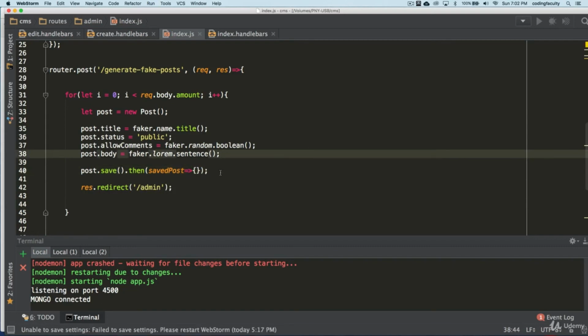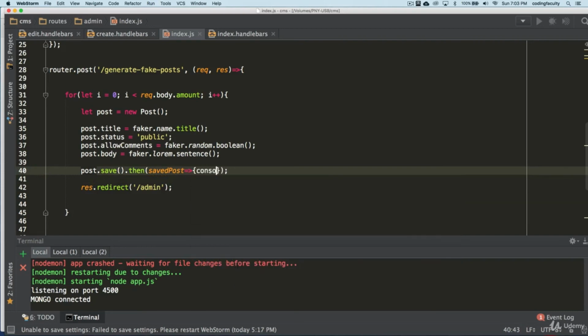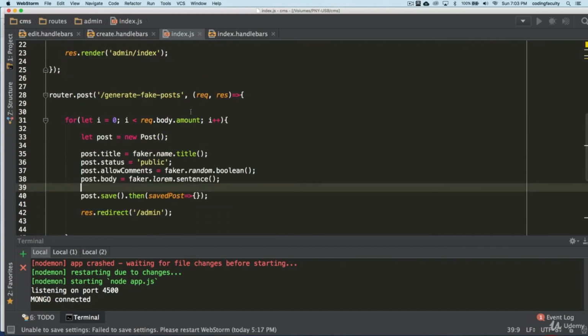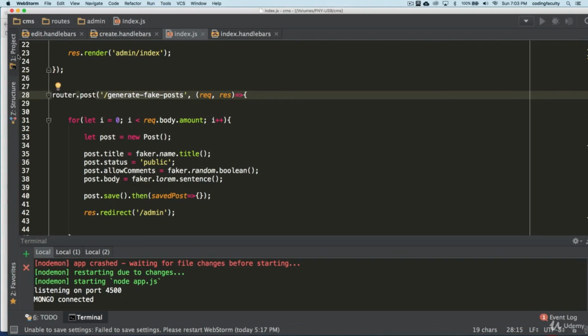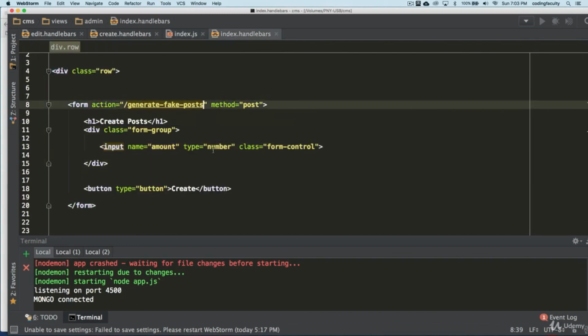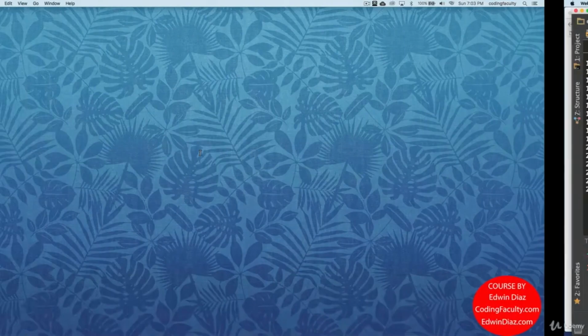Okay, so this should do the trick here. We could write a message and tell us all posts are safe, but we don't need to do that. I think we're good to go. Let's see. Let's make sure that the form comes here. So in this index, that should be it. Let's see if this works. And if it doesn't, we'll figure it out.